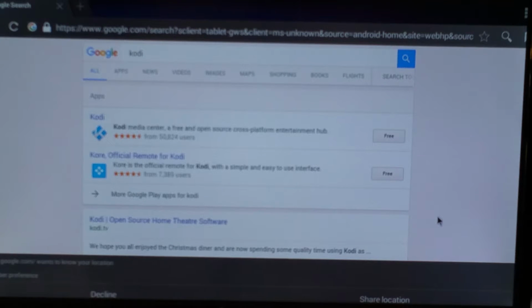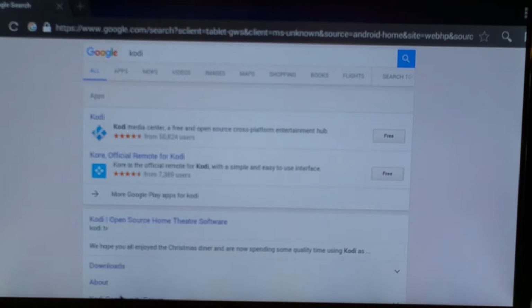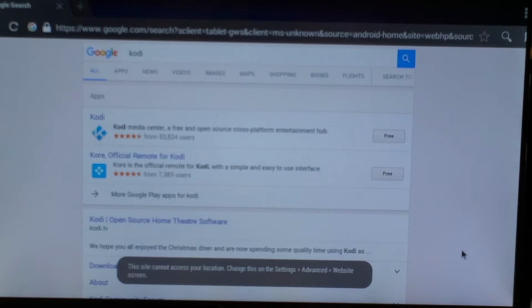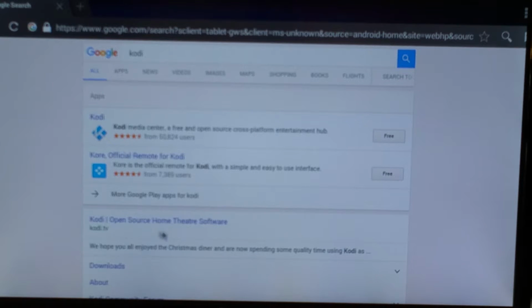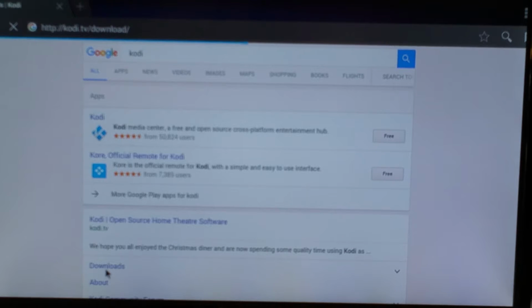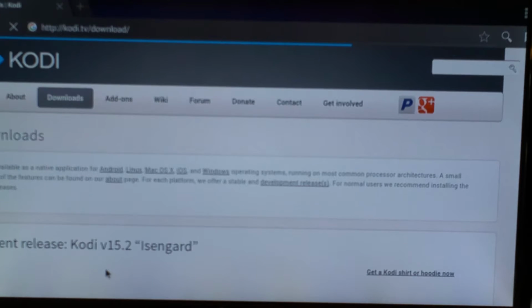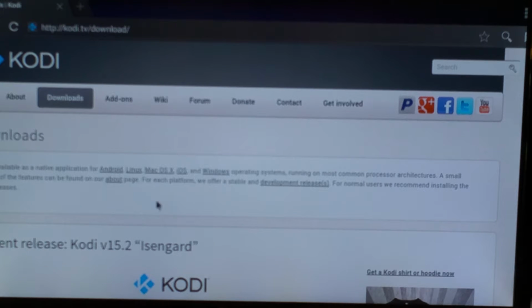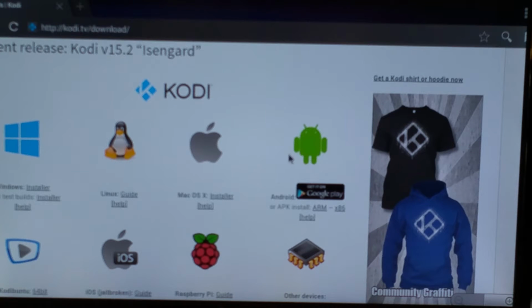And it's asking if I want to share my location. I'm going to decline it. I'm going to go down to where it says downloads. So this is the Kodi site. It tells me that the current release is Kodi V15.2 Isengard. So I'm going to go down the page a little bit, find the green Android,